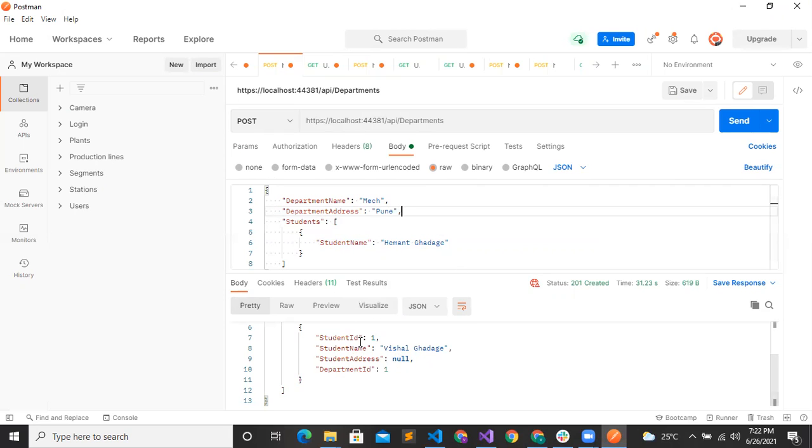And we will add the address for the student also, Mumbai. Now we will check.